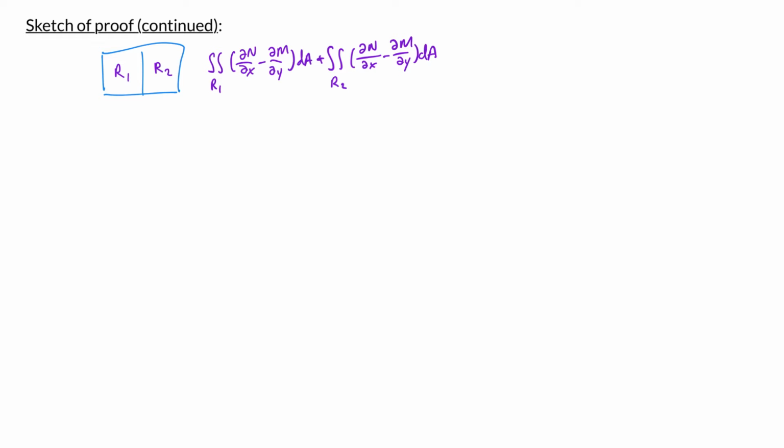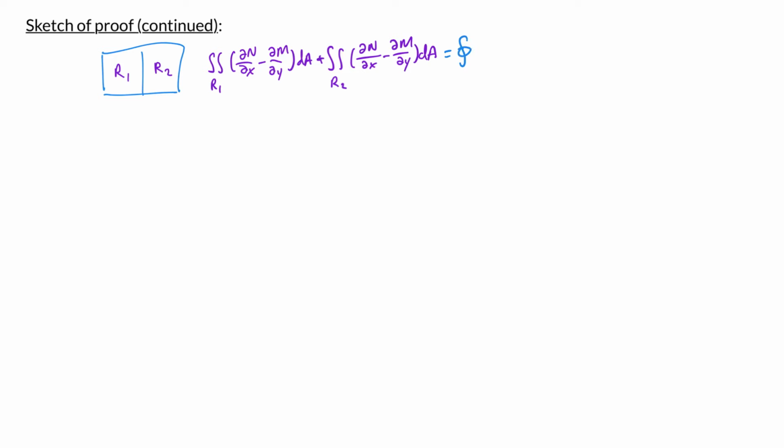Now suppose that I have two rectangular regions side by side. Let's label the first region R1 and the second region R2. Now let's consider the sum of the double integrals over the region R1 and over the region R2 of the partial derivative of n with respect to x minus the partial derivative of m with respect to y. We've proven that Green's theorem holds over rectangular regions, so this sum of double integrals can be rewritten as the